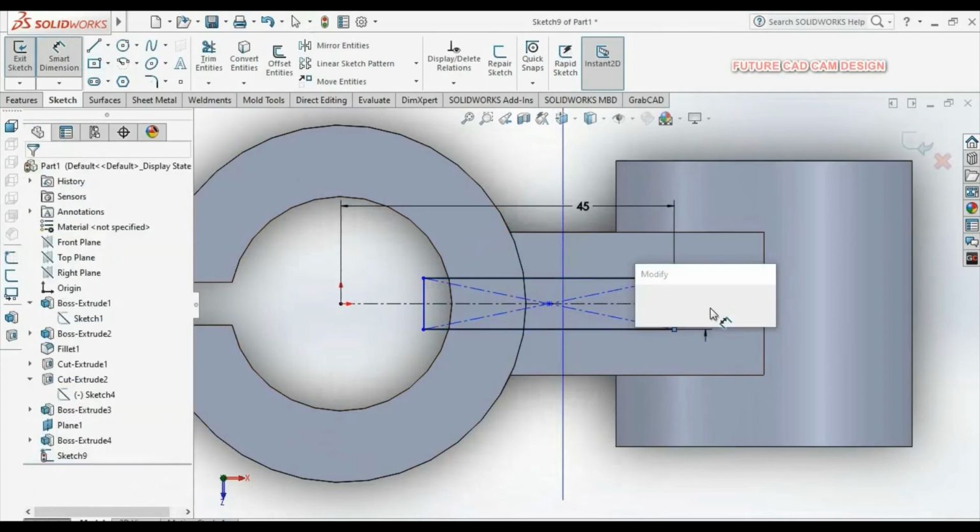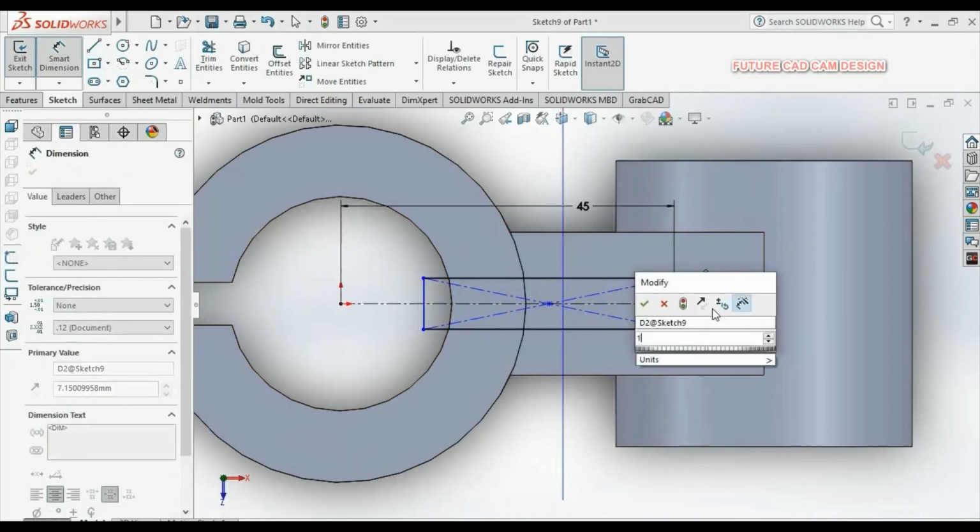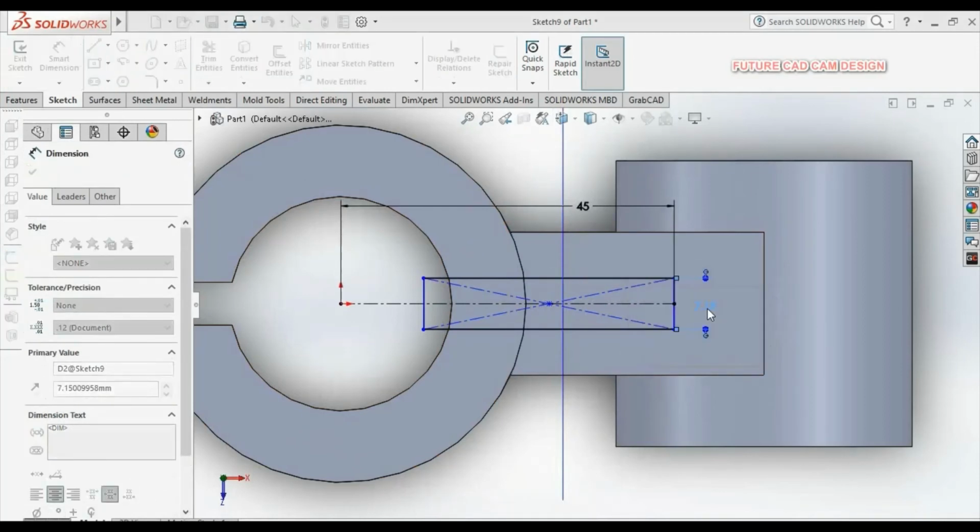I am giving the width of the rectangle as 10 mm. I will explain why I am drawing this sketch here.